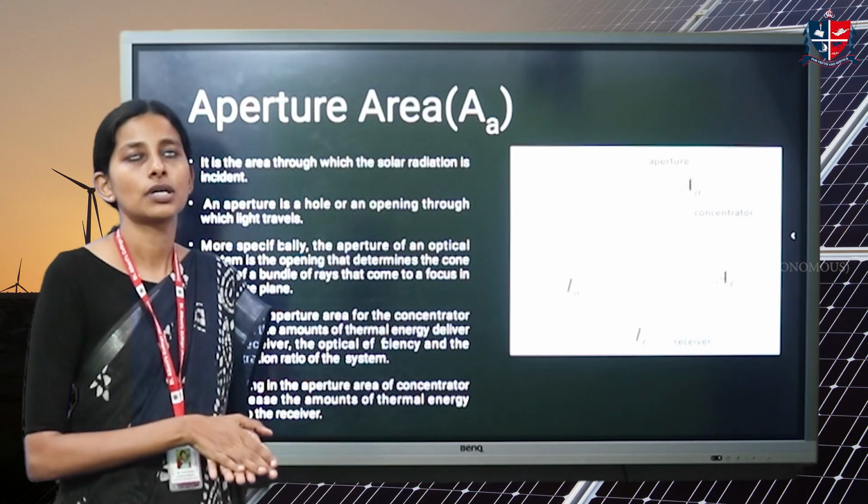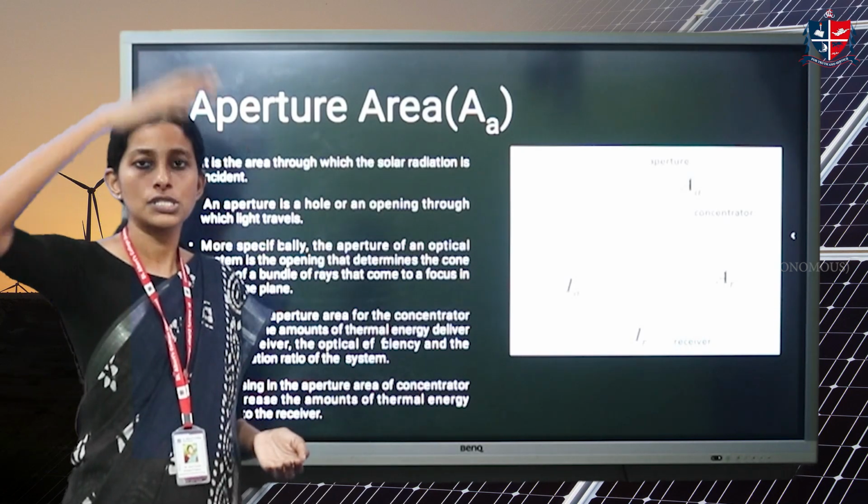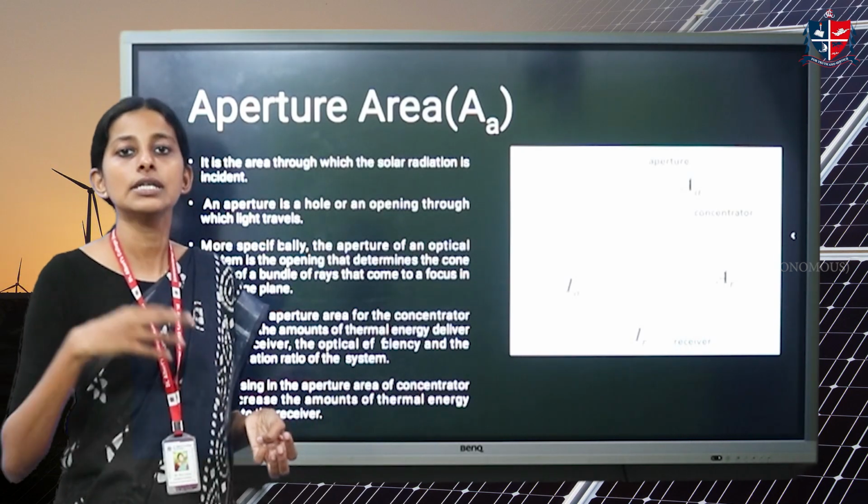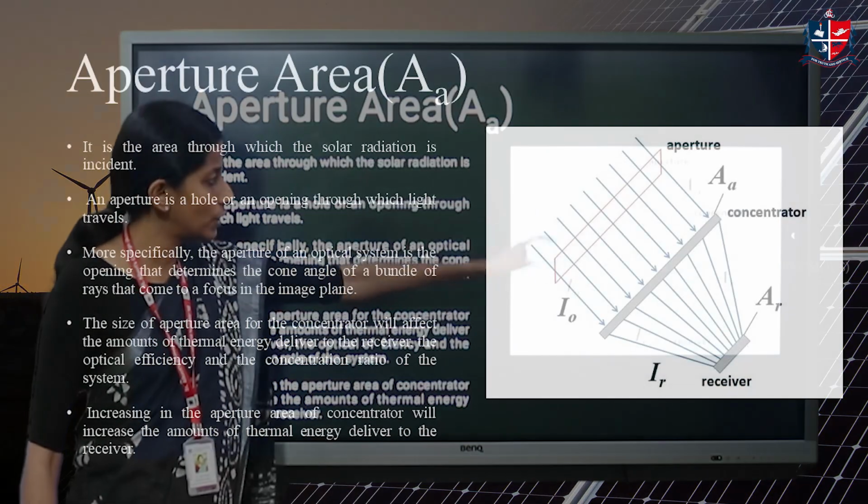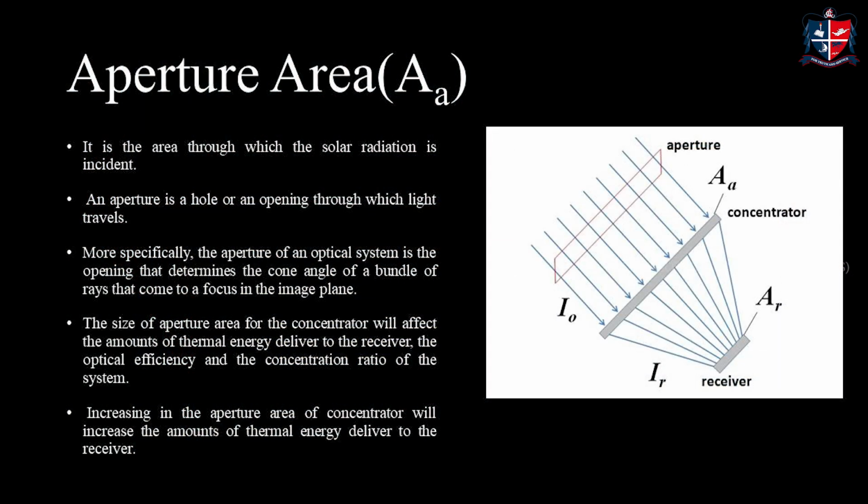That is the absorber. And the area on the roof on which the solar radiation is first confronted is the aperture. So that is being shown here. You can see the radiation coming. This radiation is first confronted by the aperture. There are a lot of concentrating devices here. The aperture area is represented as AA. So the aperture gets the first fall of the sunlight, and it is concentrated using some optical devices and focused on a smaller area.